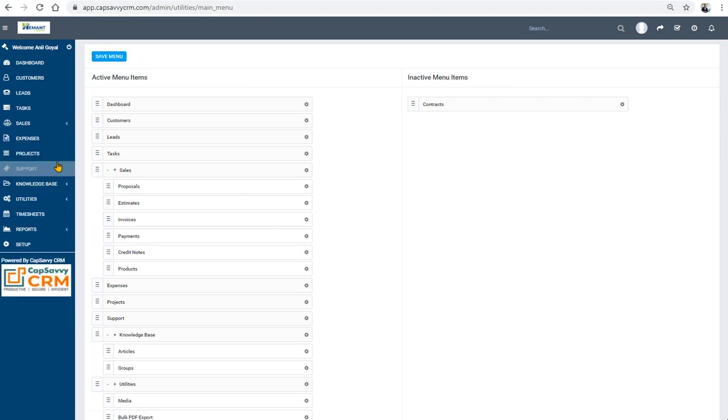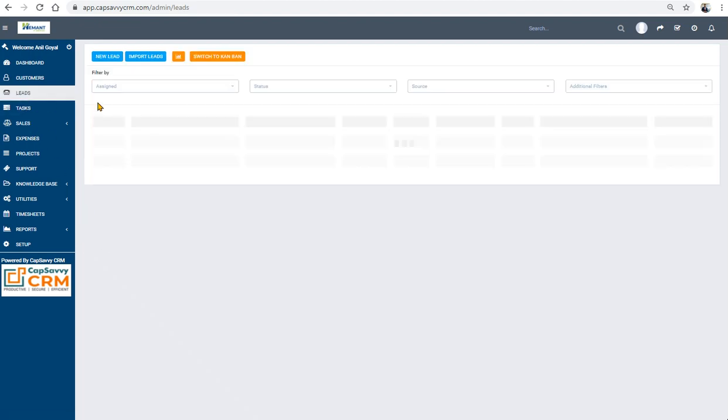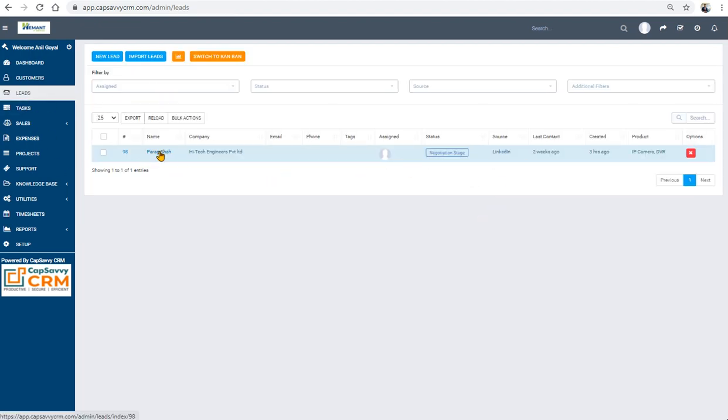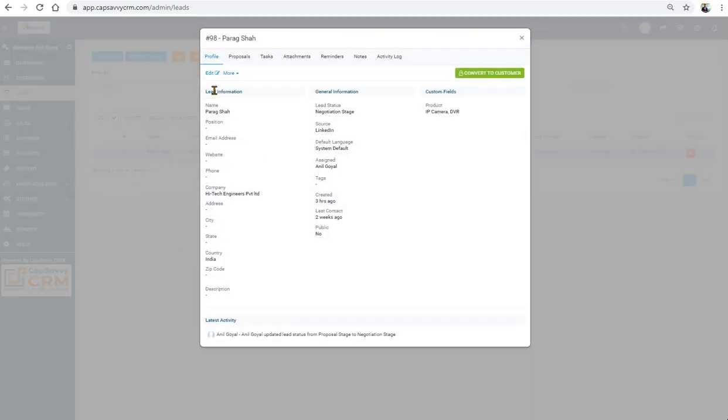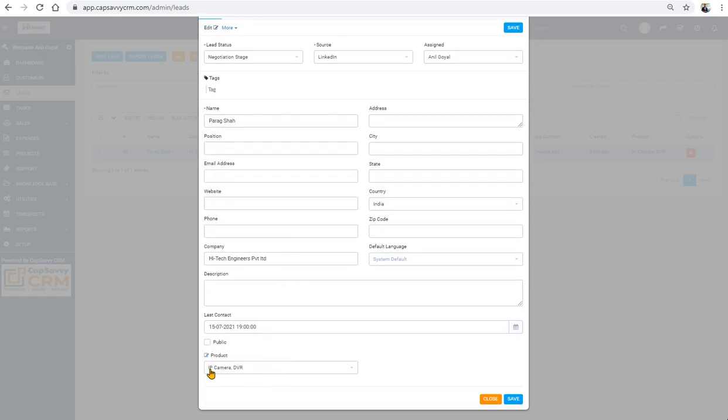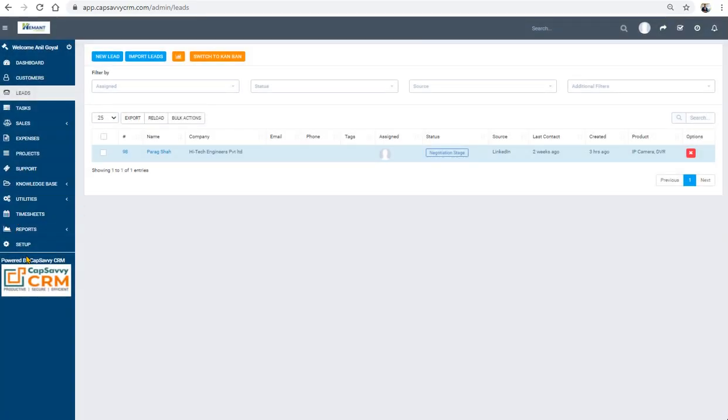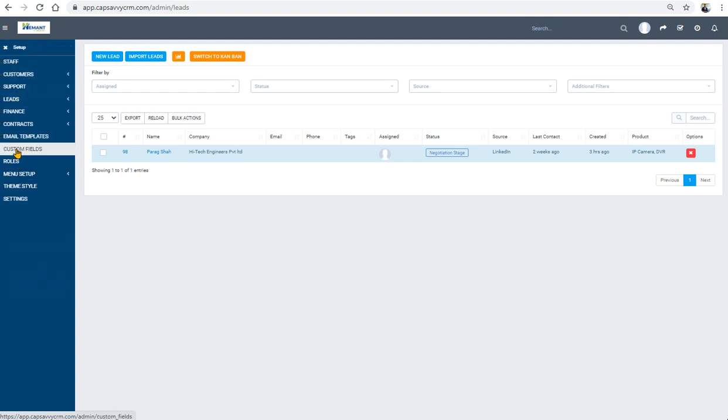Now coming to, suppose you are creating a lead, so that product you will need here also. Now how to create that? Very simple. I'm giving one example already, and then we'll see how to create that. Go to edit, there is a product section available. How we have created that in the main, actually it is not available, you have to create it afresh. How to create that, we'll see. So go to setup, go to custom field,